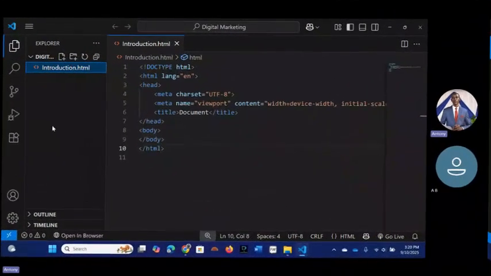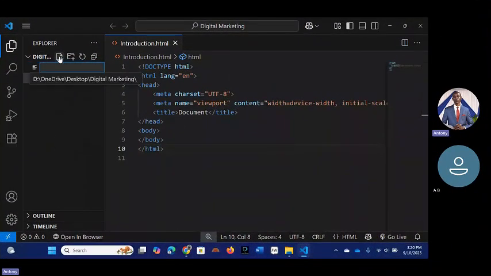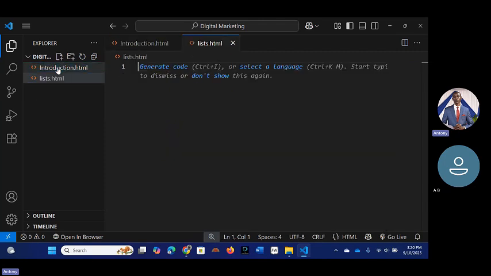So I'm going to create a new file. I'm going to name it lists. So I just told you that lists have two types. So instead of just doing a list.html, I decided to do ordered lists, and then I will do again an unordered list because there are two types. So we want to do them differently so that you can see the difference. But can we just do lists without clarifying which list we want? Okay, let's do them. List.html. So we are going to do all of them in one document so that you can see the difference maybe.